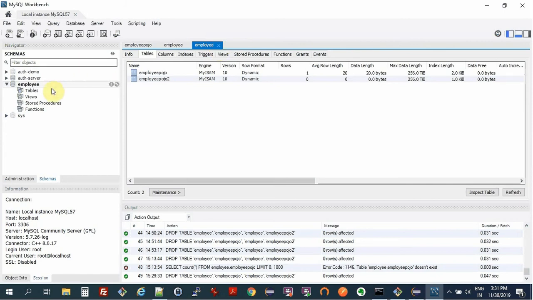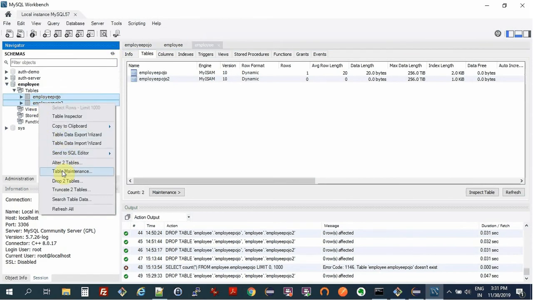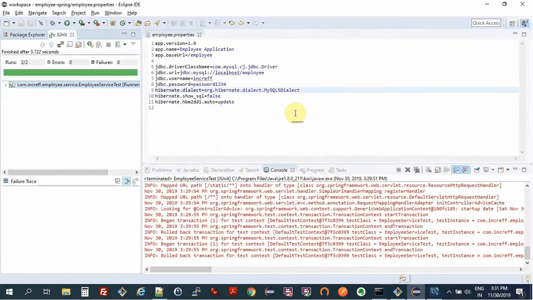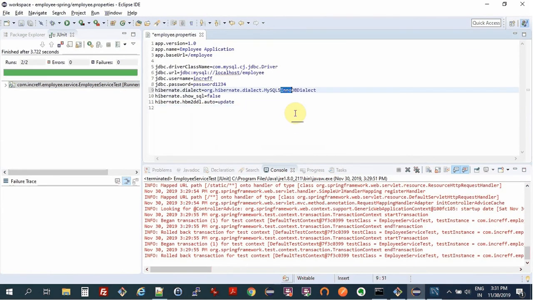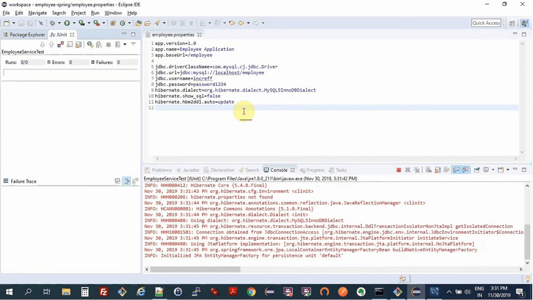And so the solution to this is I'll just go and delete my tables. Okay, and here I'm going to use the MySQL 5 InnoDB dialect. Okay, and now if I run my test, all right,